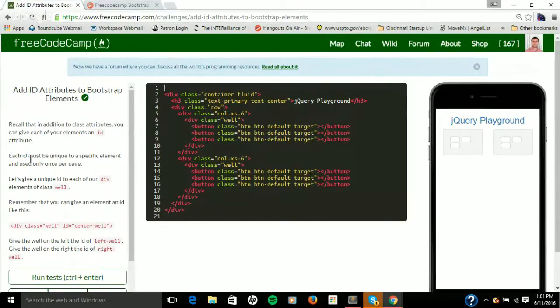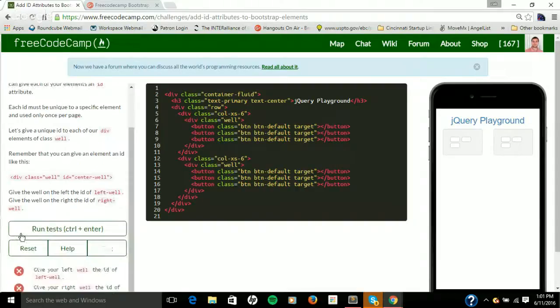Each ID must be unique to a specific element and used only once per page. Let's give a unique ID to each of our div elements of class well. Remember that you can give an element an ID like this: div class equals XYZ, and then an ID equals